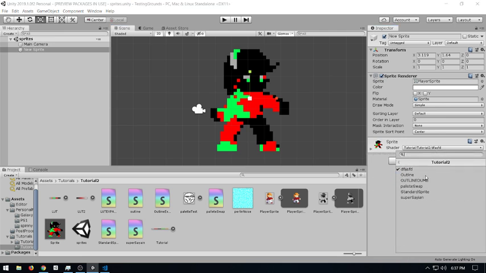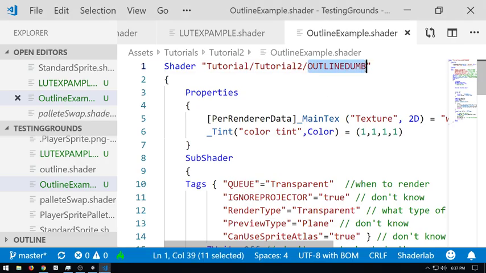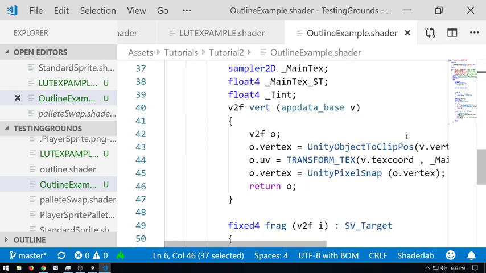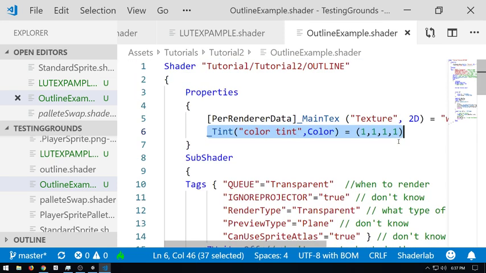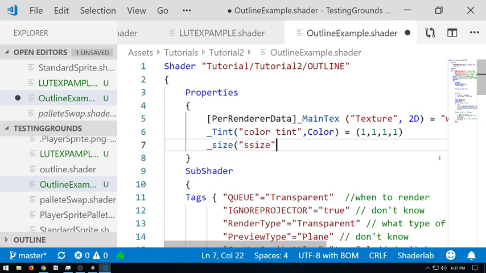So let's change to our new one, tutorial 2, outline dumb, and let's not call it outline dumb because that's dismissive of a lot of stuff. Capital Outline. So we're just going to repurpose the tint color here, and let's also add a size variable. Size, set it to 0, 1 is equal to 0.